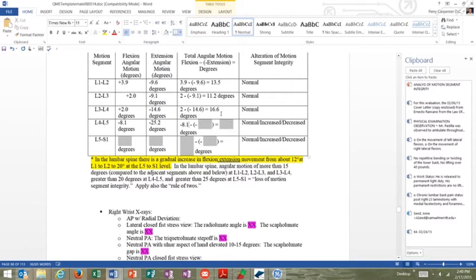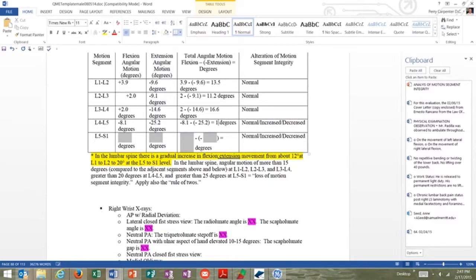Minus 8.1 minus 25.2 equals, looks like about 17.1 degrees of motion of this vertebra from the extreme of flexion to the extreme of extension, and I consider that to be roughly within normal limits. Somewhere between, say, 16 and 20 degrees of angular motion would be considered roughly normal,